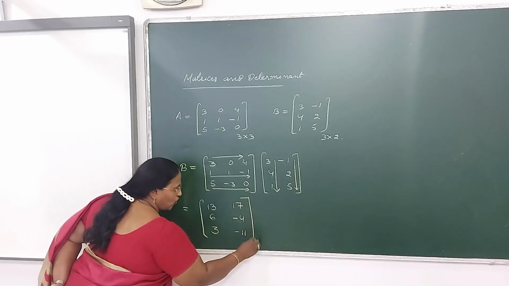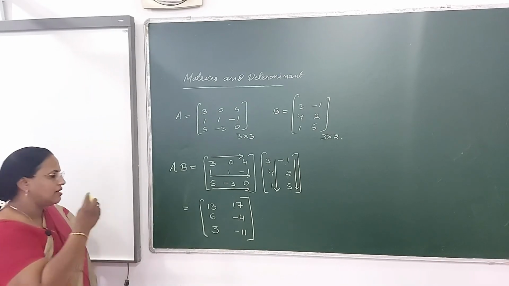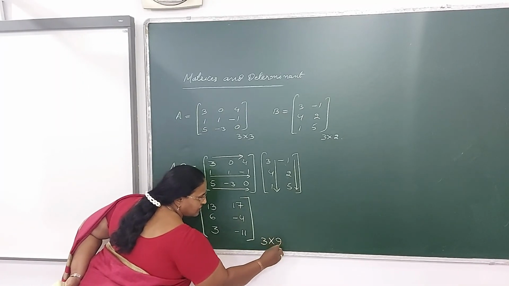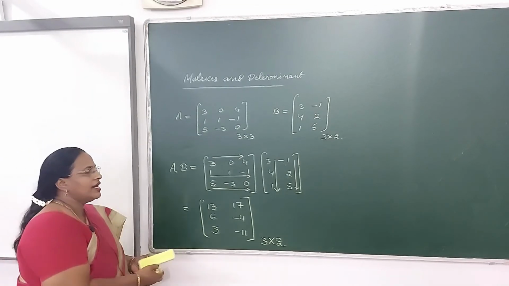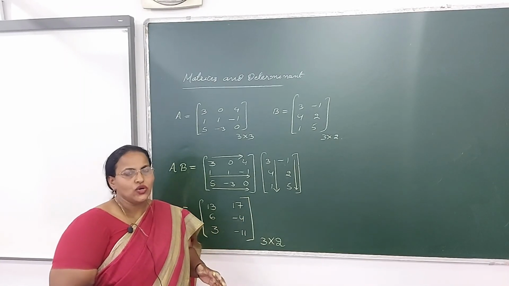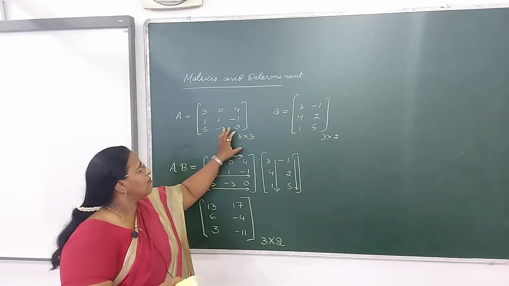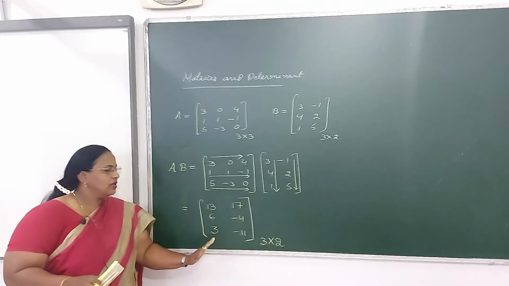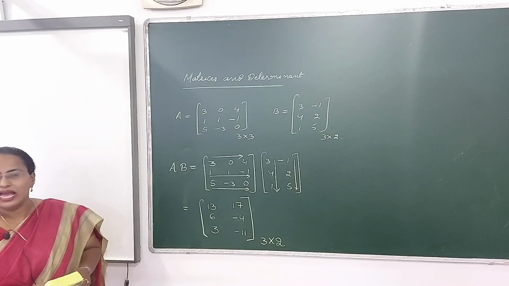So this is done. Now you will be closing it. Now see, identify the order of the resultant matrix. It is 3 rows and 2 columns. That means the order is 3 by 2. It is not required that every time you should write down the order. As we have just started the chapter, you should be very clear regarding the order of the matrix. That is why I am writing down the order. Otherwise, it is not required. So I hope this is clear to all. So this is how 2 matrices can be multiplied.